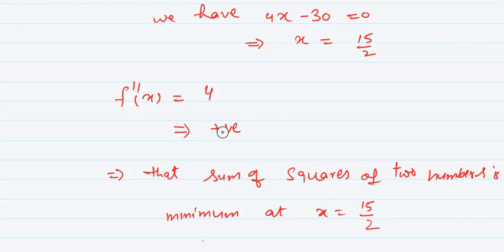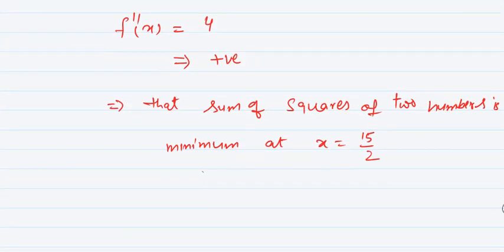You will think that we haven't put in x, so how can we say that at this value of x, f double dash x is positive. Actually, if we are having a variable in f double dash x, then certainly we'll put the value of x over here. But if we directly get a value which is positive or negative, meaning it has no variable, then directly this result implies that this is the value of minimum or maximum.